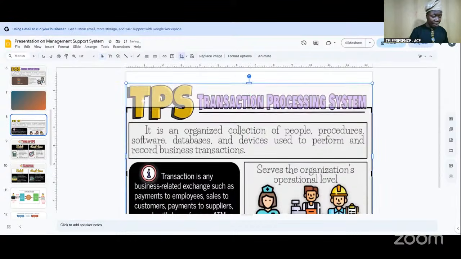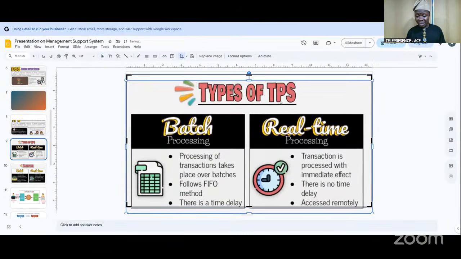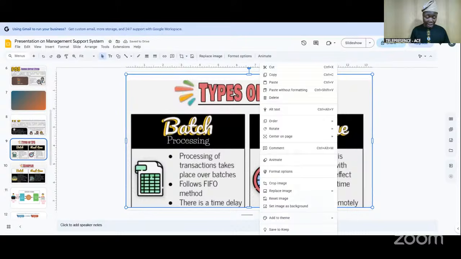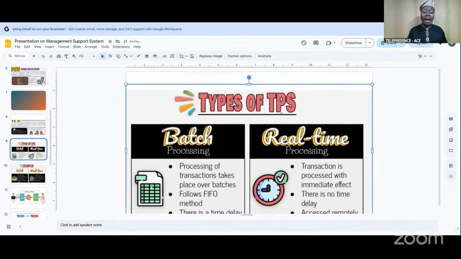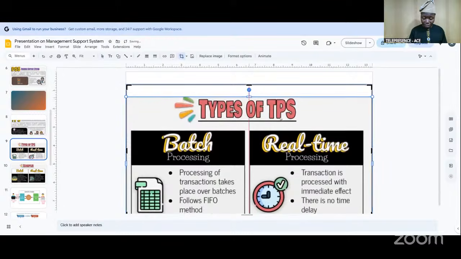Let's now have types of transaction processing. We have batch processing systems and real-time processing. In real-time, most of us will use our mobile app